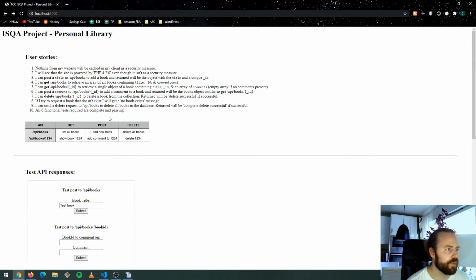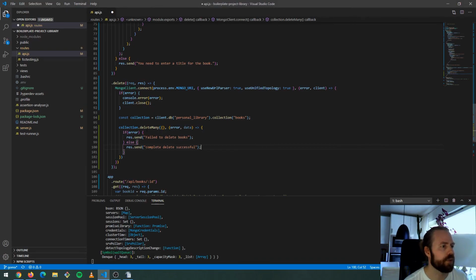We can see that here. We should have complete delete successful. It's a bit of a weird sentence, but that's what we should have. This one though should also be in here. I don't know why you don't have that. It's weird. I should just be able to do